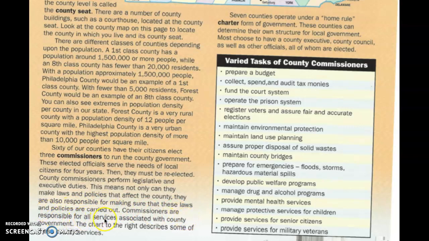Commissioners are responsible for all services associated with county government. The chart to the right describes some of these county services. Varied tasks of county commissioners: prepare a budget; collect, spend, and audit tax monies; fund the court system; operate the prison system; register voters and assure fair and accurate elections; maintain environmental protection; maintain land use planning; assure proper disposal of solid wastes; maintain county bridges; prepare for emergencies, floods, storms, and hazardous material spills; develop public welfare programs; manage drug and alcohol programs; provide mental health services; manage protective services for children; provide services for senior citizens; and provide